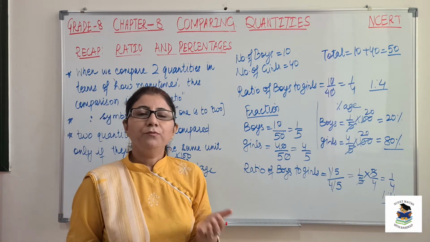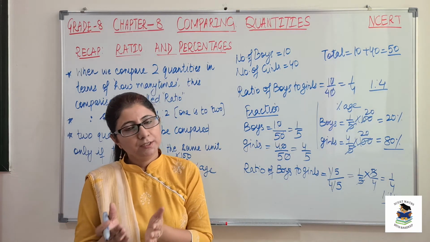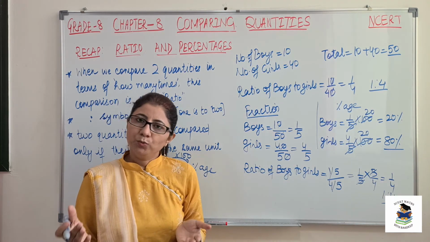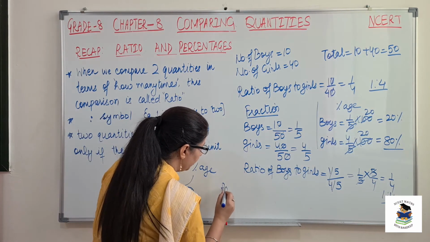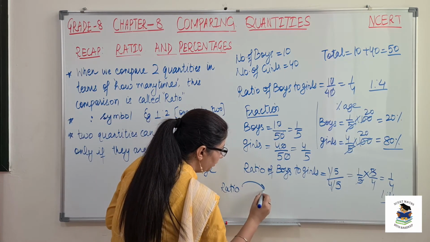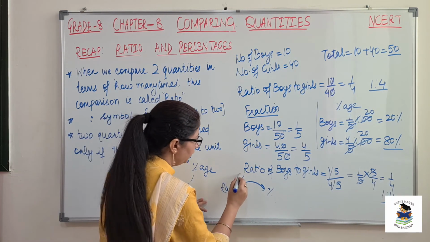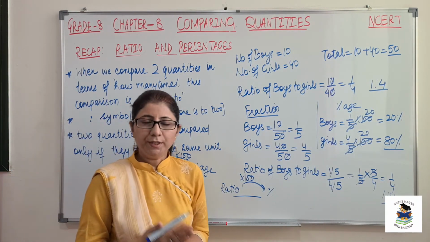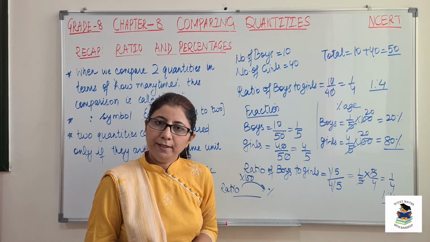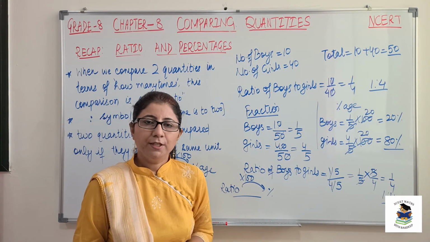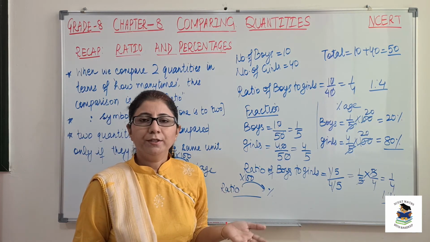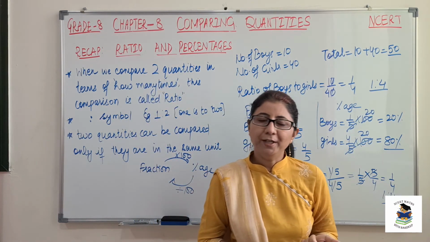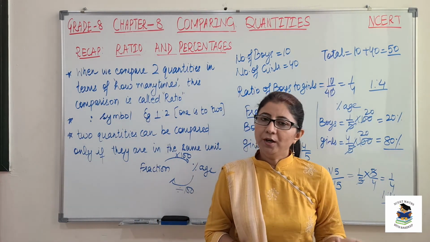In the same way, if we want the ratio's percentage, then also you will do the same thing. Whatever ratio is given, simply multiply this with 100. So even if the ratio is given and you want to convert this into percentage, we will multiply this with 100. So everything is related. We can find the ratios, the fractions, and the percentages depending upon the given data. I hope this is clear, how to find ratios, and how to calculate percentage from fractions or ratios.